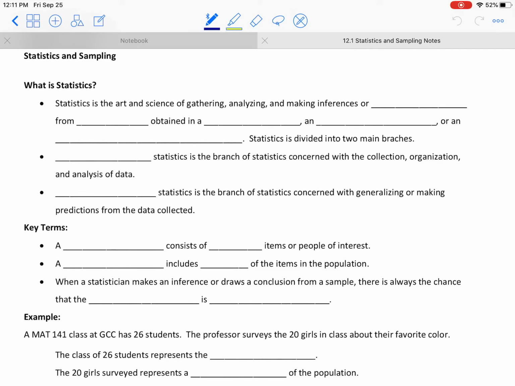Hello and welcome to our lesson on statistics and what we call sampling. Before we get started here, this is really going to be just a vocab lesson today, so that's kind of good news if you're not so much of a math person. But I want to talk about some connections and maybe distinguishing factors between statistics and the module that we just